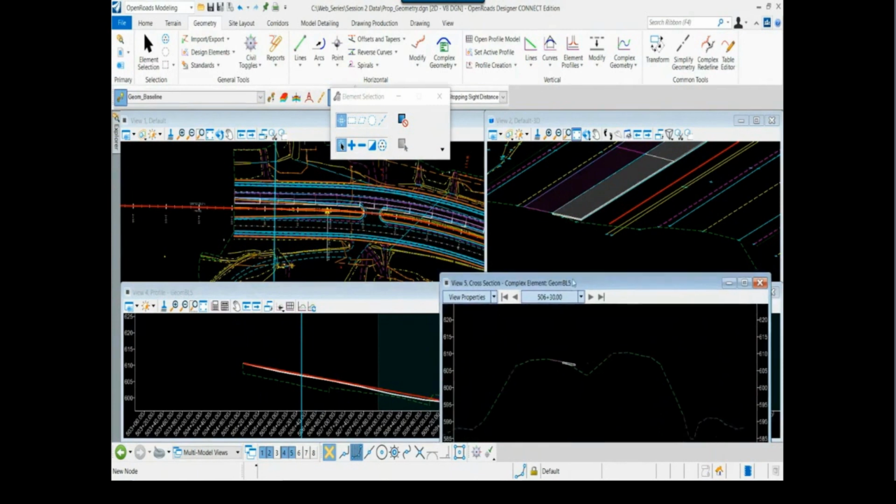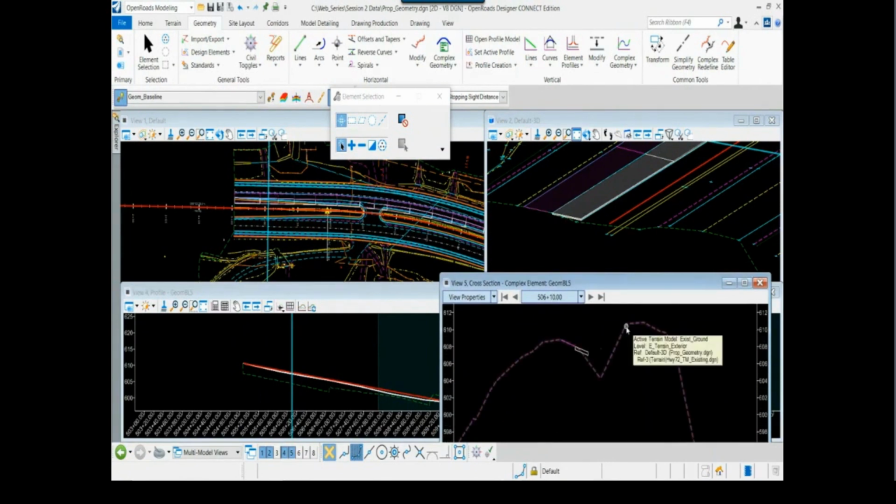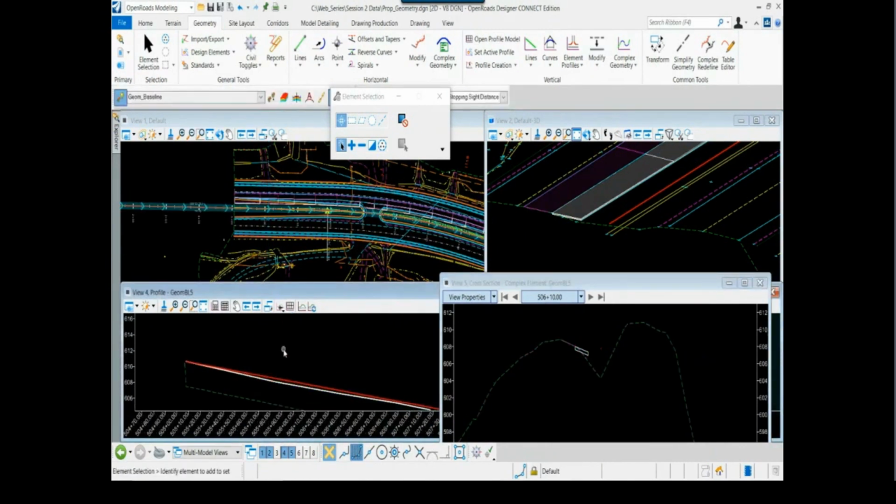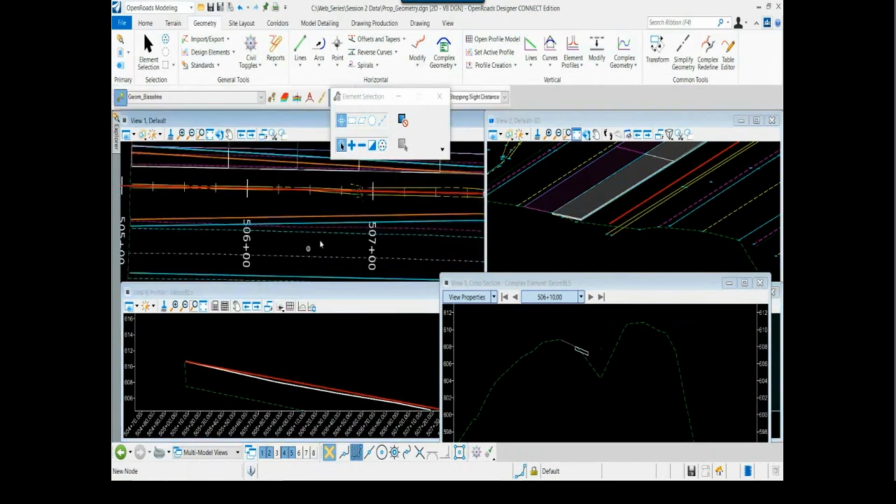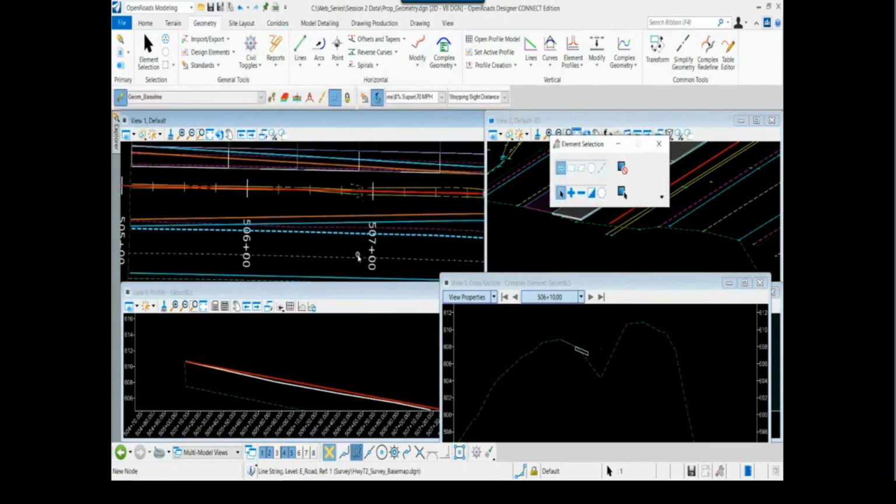If we look at those sections, if I exaggerate the view a little bit, you can see we need to, again, modify the eastbound roadway corridor so that we transition the bifurcation, the bi-level, the two different levels from our project area into the existing elevation of the roadway. So we're going to create an additional vertical element to do that, and we're going to follow the very same process we've used before. We're going to project the eastbound edge of pavement onto our profile and create a vertical